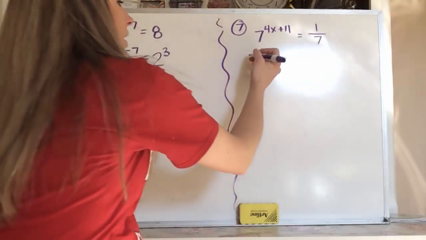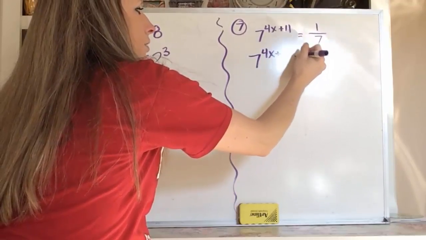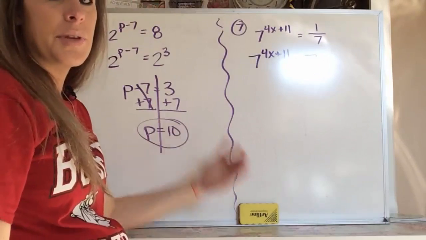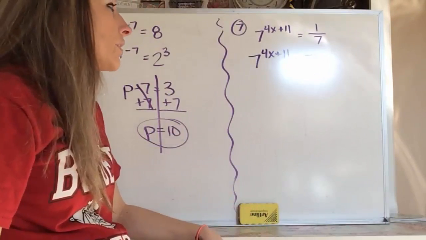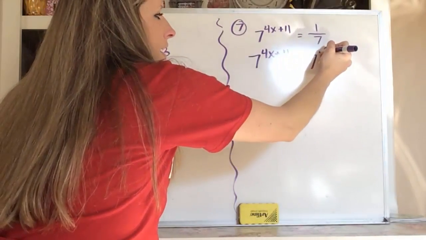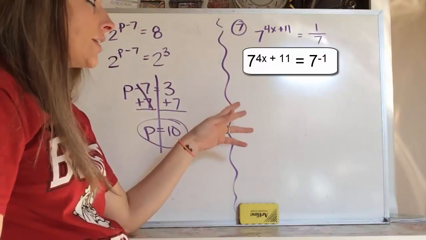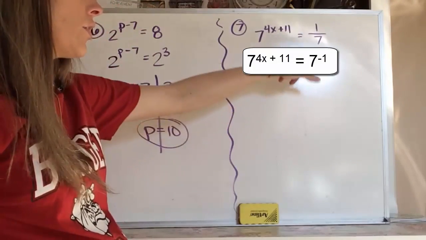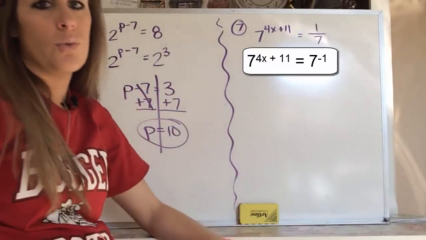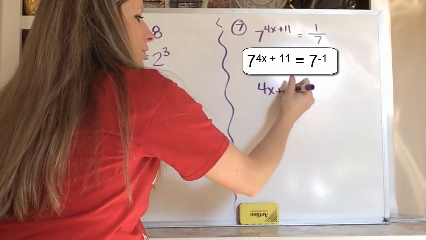Okay? So like I said, you have to remember those exponent rules. If you don't remember, try looking back at those notes from the beginning of the year. But this is just the laws of exponents type of thing. I'm going to take 7 to the negative 1 power. And what that negative 1 does is it flips it. So 1/7 is the same thing as saying 7 to the negative 1. Okay. And then I'm going to set my exponents equal to each other